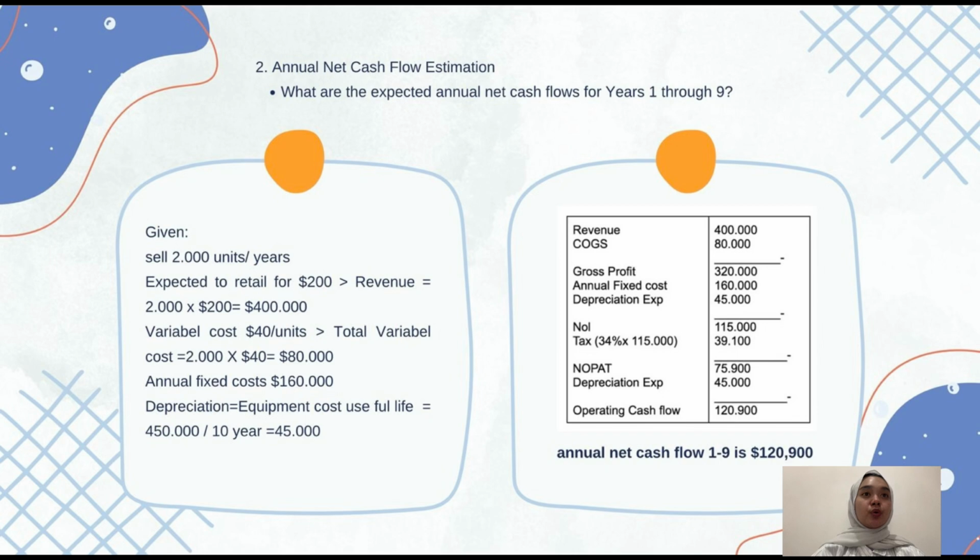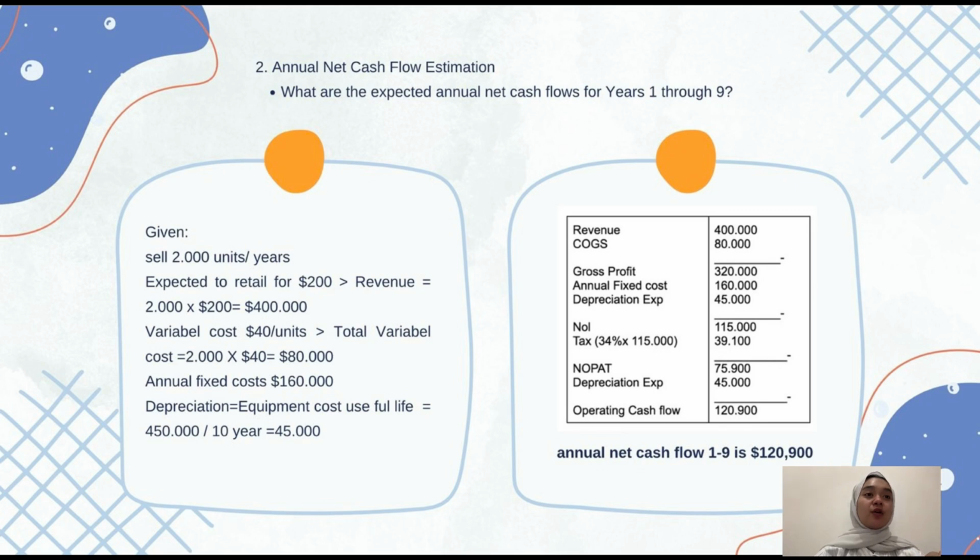Next, number 2, the way to find the net profit from the beginning to the end of the year is to determine revenue by multiplying the number of units by the selling price to get a value of 400. To get the cost of goods sold, or COGS, the variable cost per unit is multiplied by the number to be sold per year to get a value of 80,000. With a gross profit of 320,000, the annual fixed